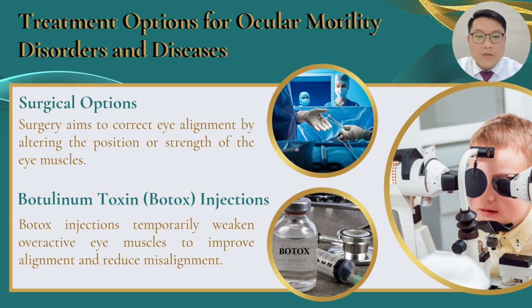This targeted muscle relaxation helps to improve ocular alignment and reduce misalignment. Botulinum toxin is particularly useful for conditions such as acute strabismus, esotropia, or post-surgical residual misalignment. It may also be employed as a diagnostic or therapeutic tool in complex cases to assess the potential outcome of